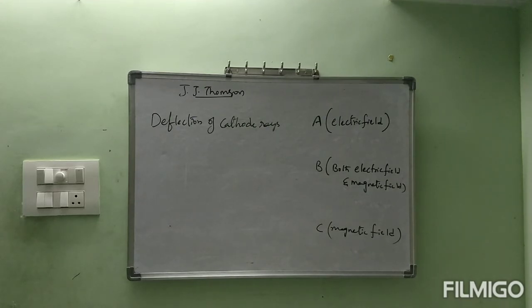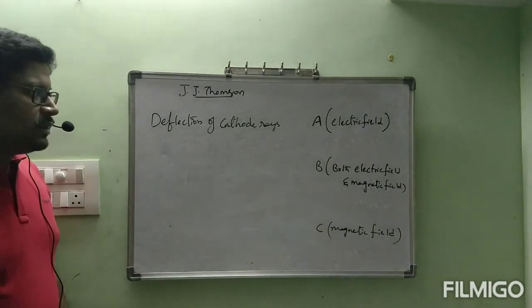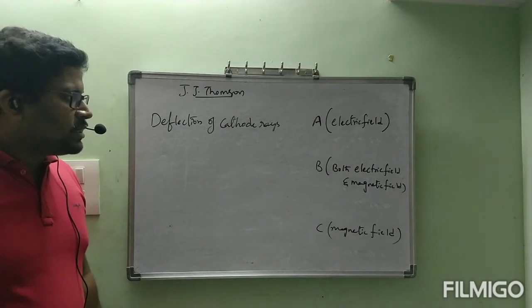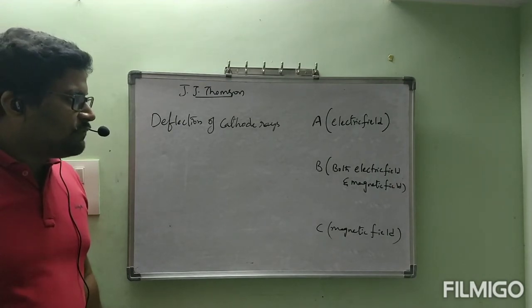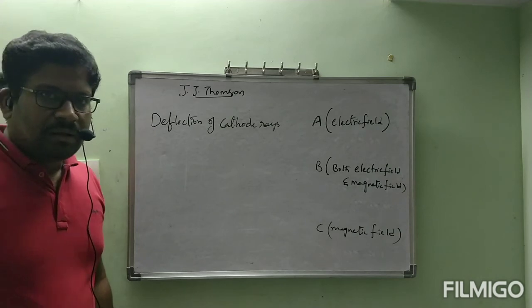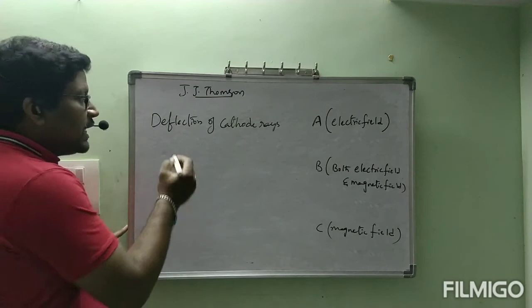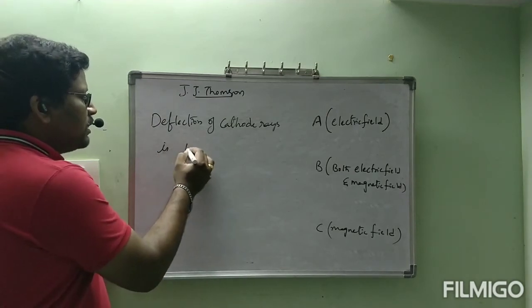Deflection of cathode rays at point C is because of application of magnetic field. Deflection of cathode rays at point B is because of application of both electric field and magnetic field. Is it okay, ma? Now, this deflection of cathode rays is depending on